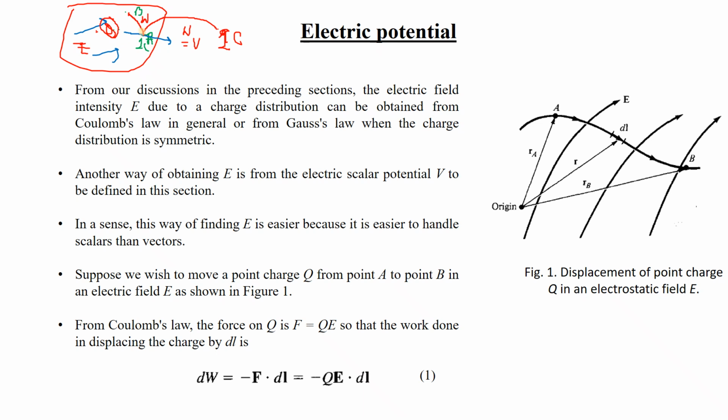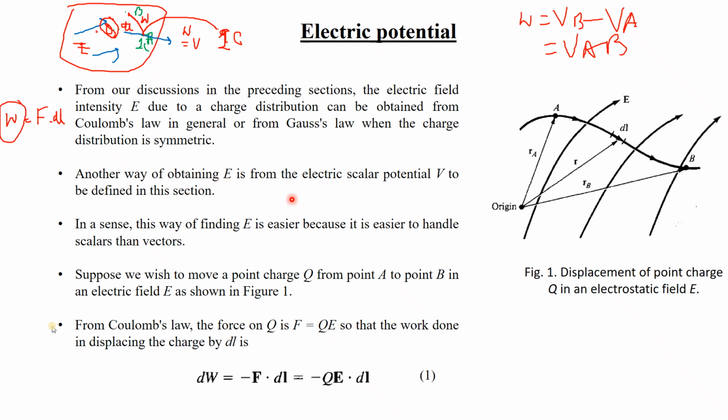you are applying extra force against the force of Q. That force you are giving does work, because work is force into displacement. Suppose the displacement is dl, so the work will be the force you are exerting into dl. That is nothing but the potential difference. At point A there is some potential, at point B there is another potential, and that difference is called the potential difference. That means the work done is potential at B minus potential at A, which is the potential V_AB.